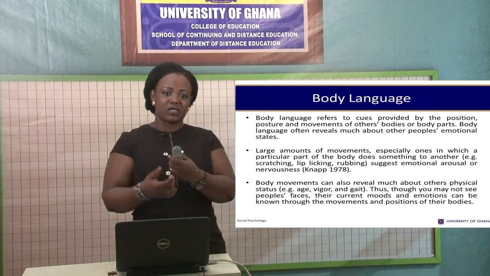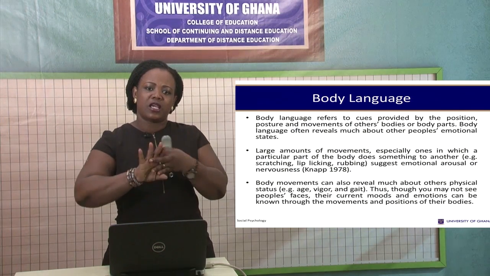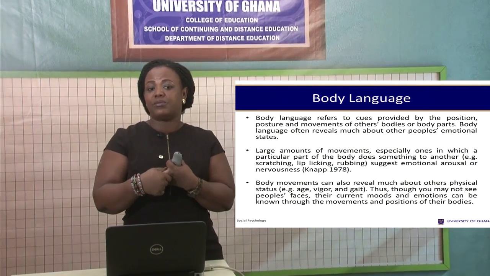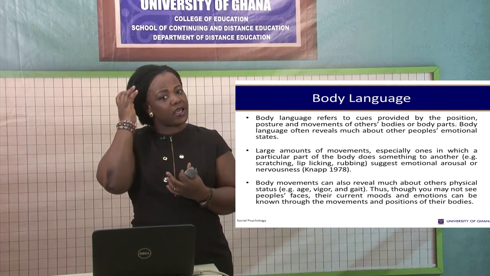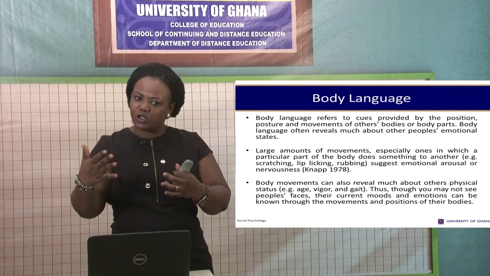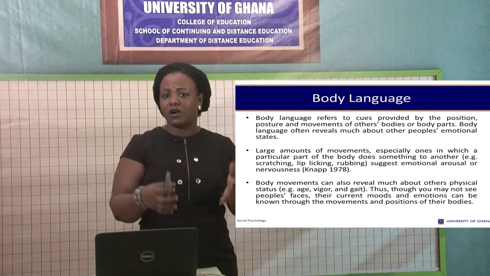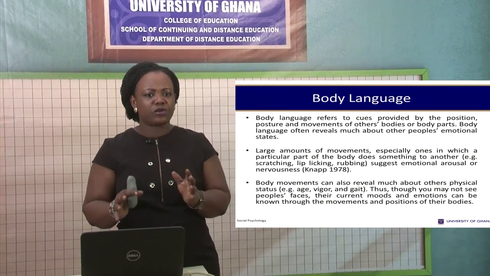So when you are talking to somebody and you are rubbing your body, scratching your body, twisting your fingers, it may suggest that you are nervous, or you are scratching your hair, doing something, one part of the body doing something to another, may suggest that you are not confident enough, or you are nervous, or you are being untruthful